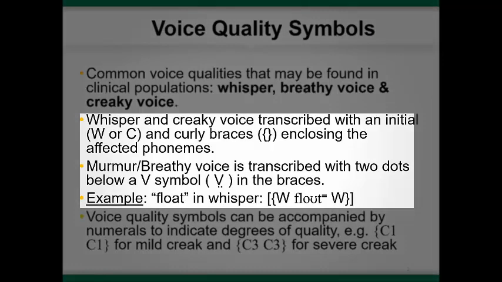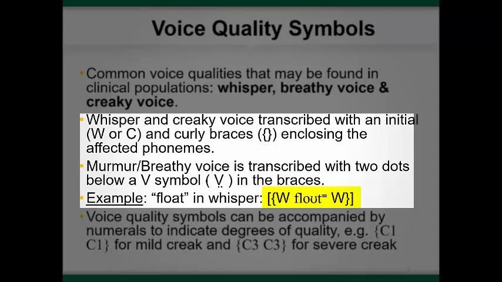When we transcribe voice quality, we enclose the entire applicable portion of the transcription in curly braces, with the appropriate voice quality symbol within the braces. So to transcribe the word float, spoken in a whisper for example, I would transcribe the word with the W symbol for whisper on either side, then the curly braces outside the W, and the brackets for narrow transcription around